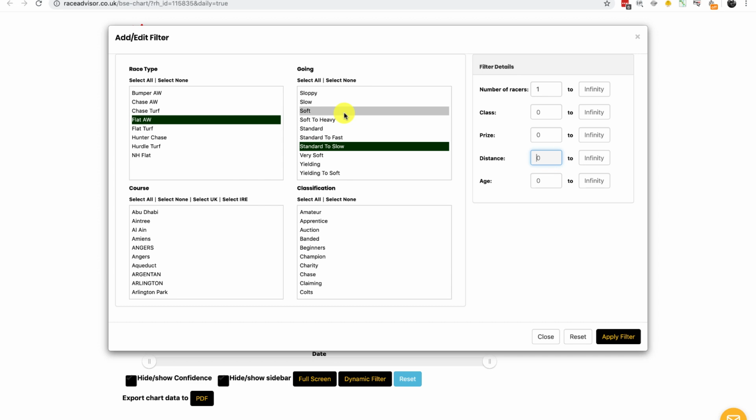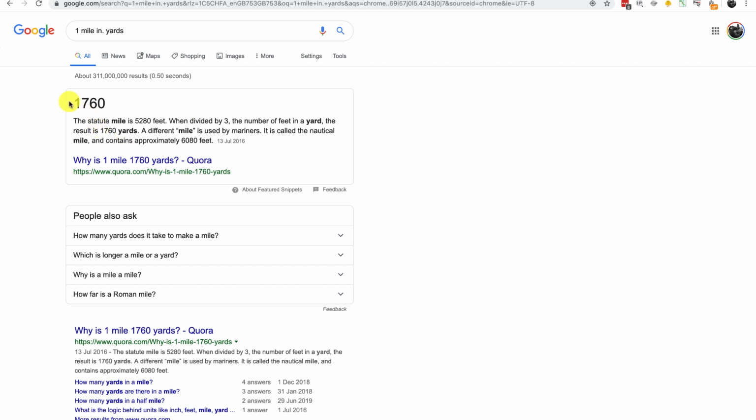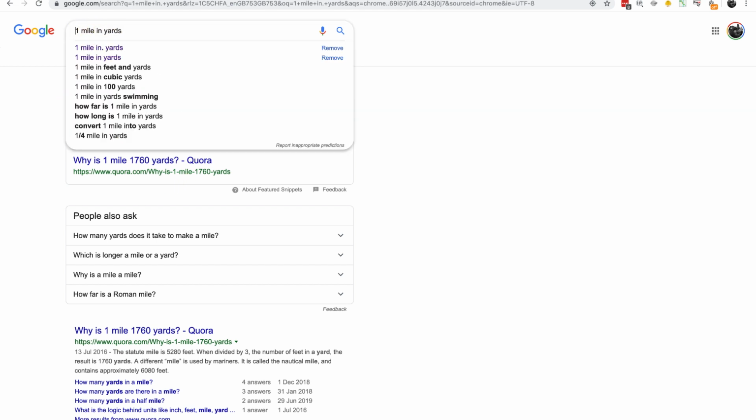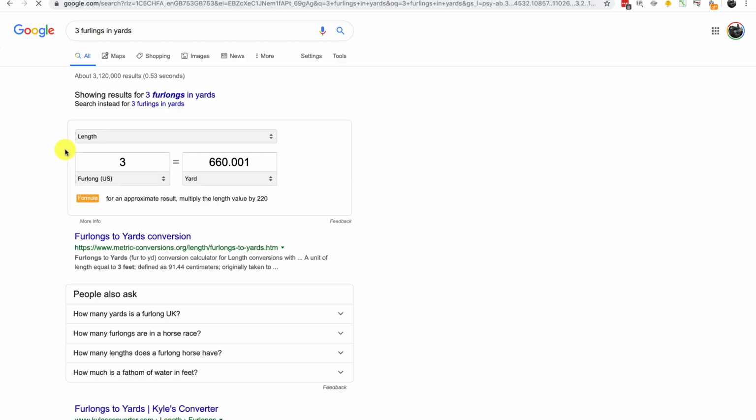If you're not sure how to convert 1 mile 3 furlongs into yards, then Google is here to save us. We simply type in 1 mile in yards. It appears here, 1,760 yards, and then you can just type in 3 furlongs, do the same thing, and that's 660. So we've got 1,760 plus 660, which is 1,820,